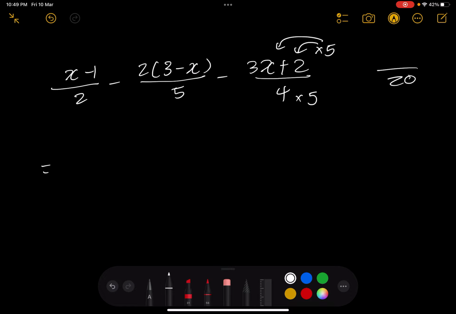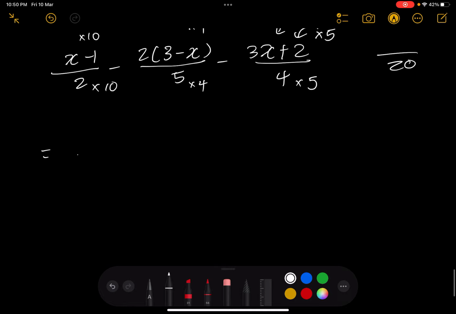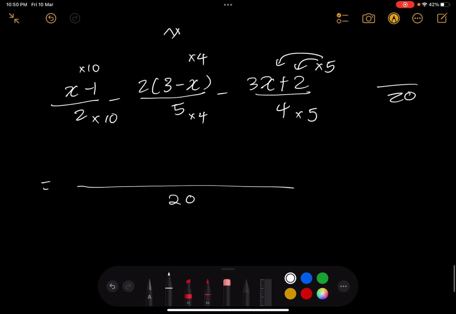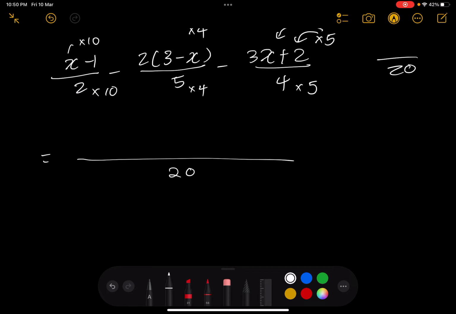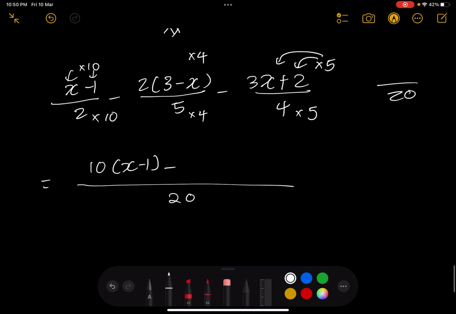Okay? Now 5 times what give you 20? 4. Okay? Yeah. So here 2 times what give you 20? 10. Okay? Now, you can just combine if you like. 20. Now, 10 times x minus 1. Bracket x minus 1 minus, now here